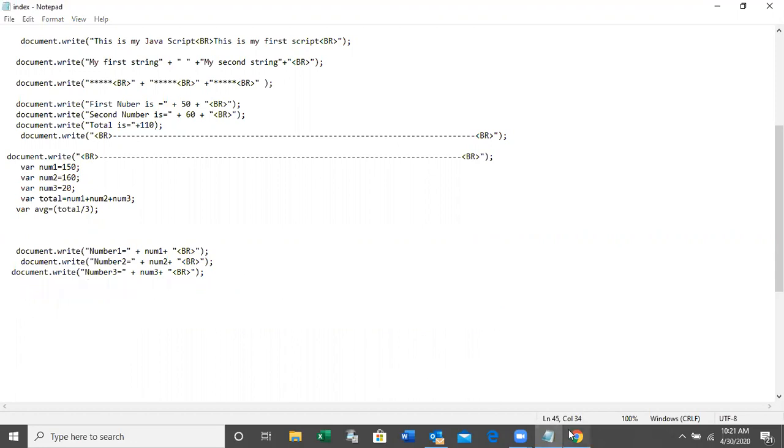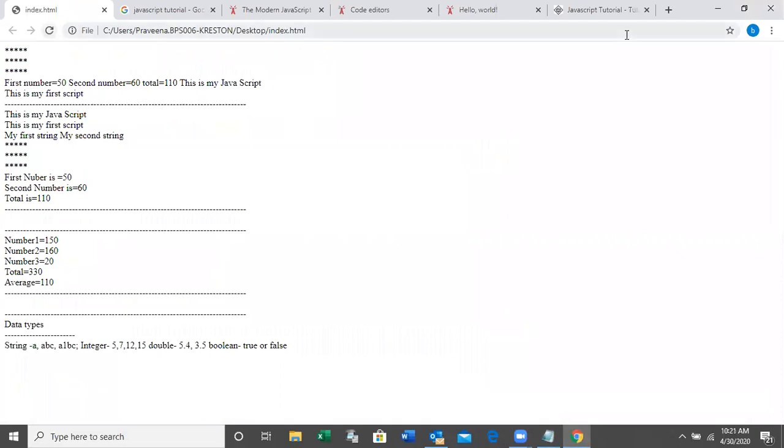Okay. Average is equal to 110. So like that, we can do any calculation using variables.